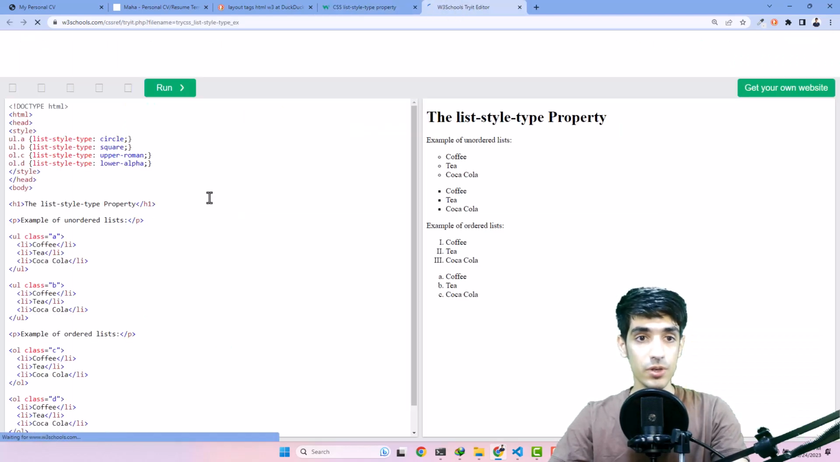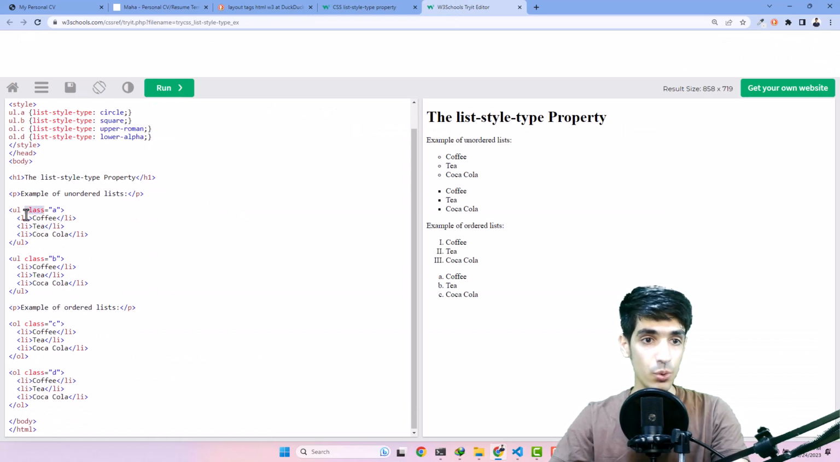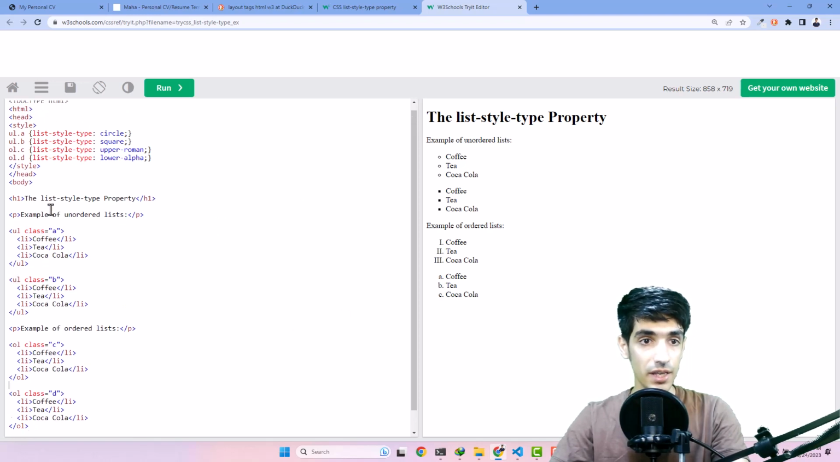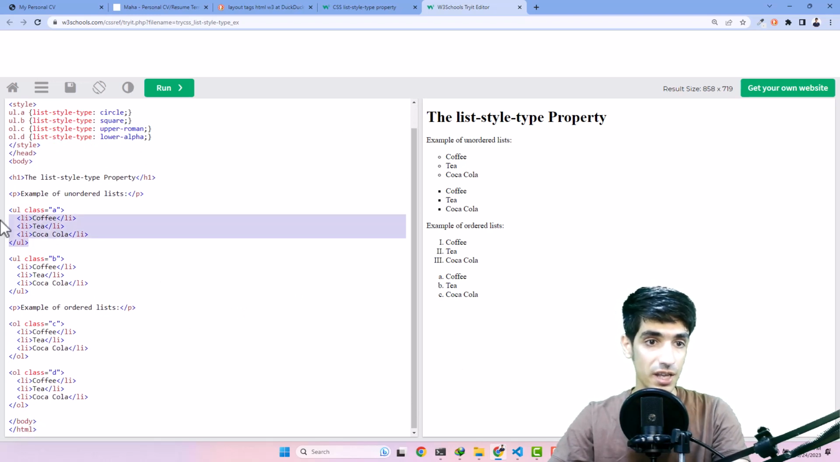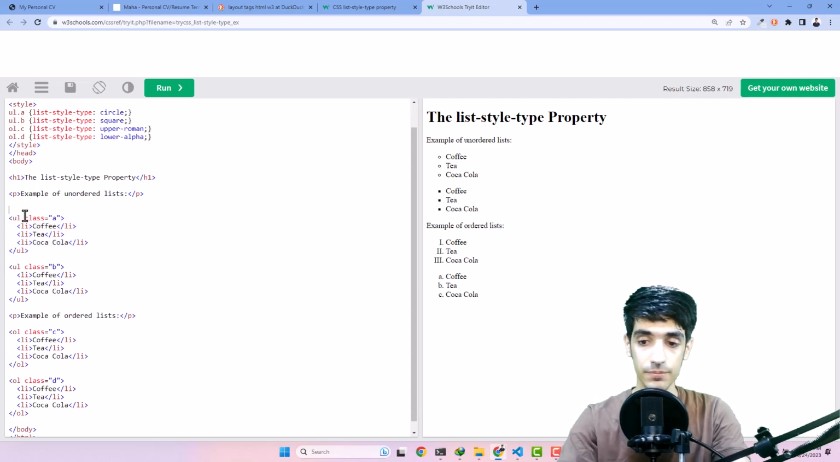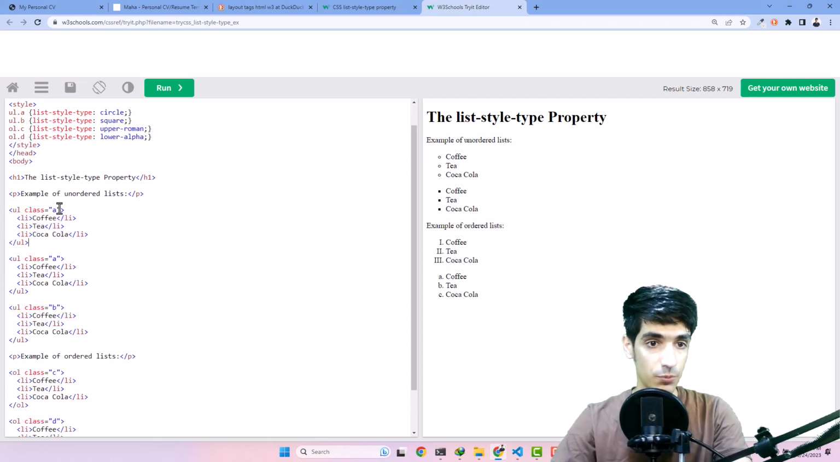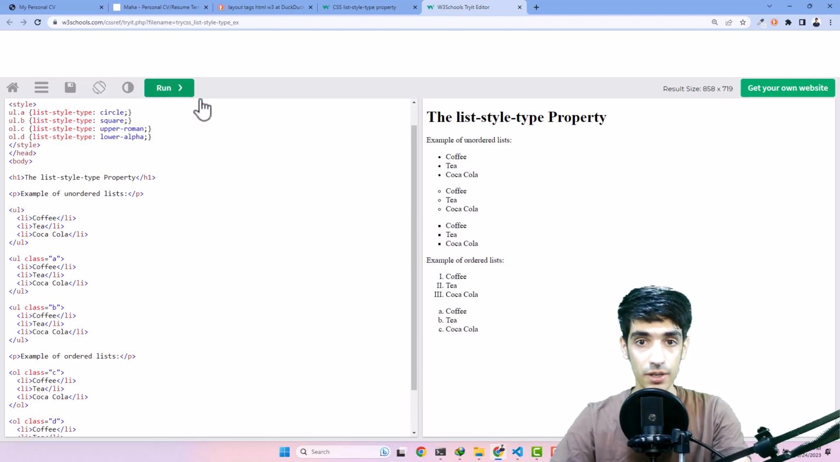Okay, you can see here we have a UL called class A, and another UL called class B, class C and D. And A, B, C and D all have different list style types. And let's imagine we have another UL here, and we do not apply any class to this UL, and let's run. As you can see, the default value for that is these